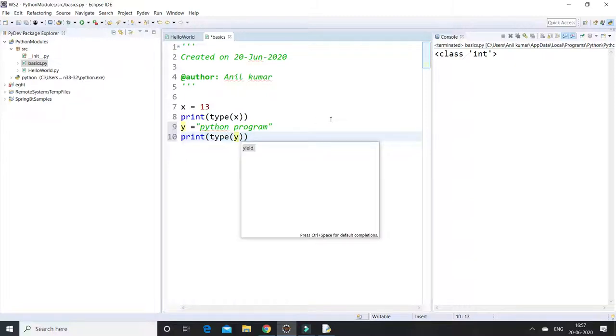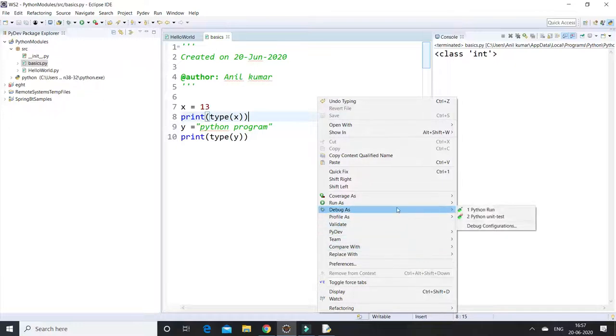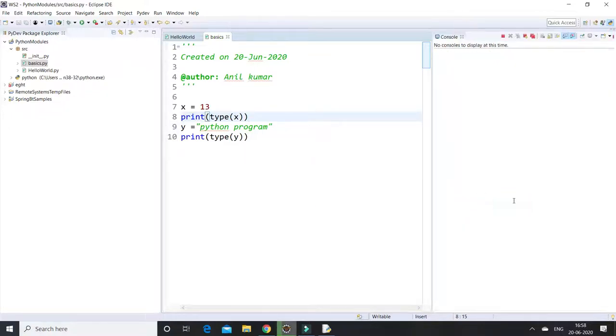We need to check whether it is a string or not. Save this and run this program. See, the first one is showing int, the second one is showing string. Because we are passing y as a string, that's why it is showing string data type.